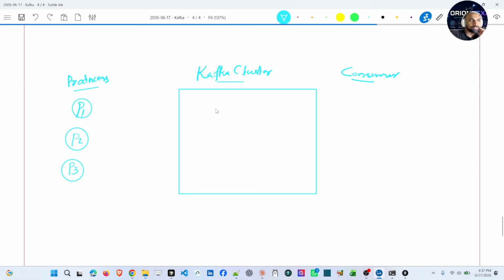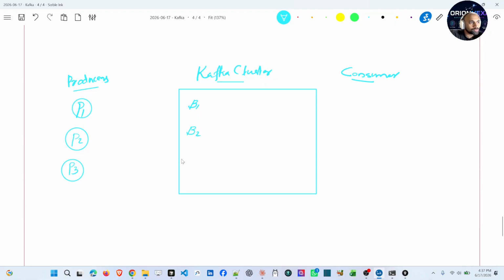What is there inside the Kafka cluster? A Kafka cluster is composed of servers. Those servers are called brokers: broker 1, broker 2, broker 3. Usually 3 to 5 brokers will be there.